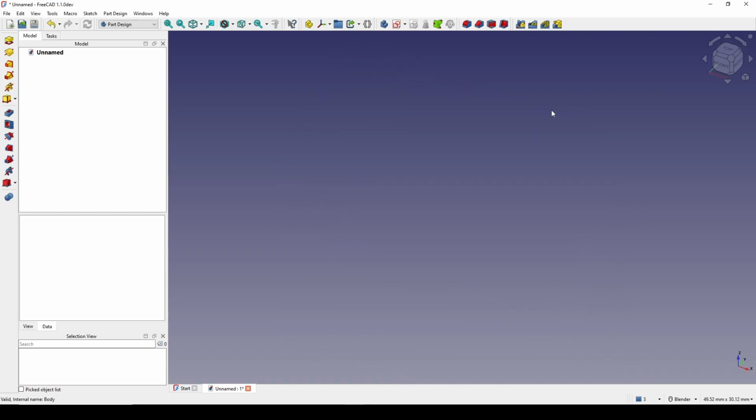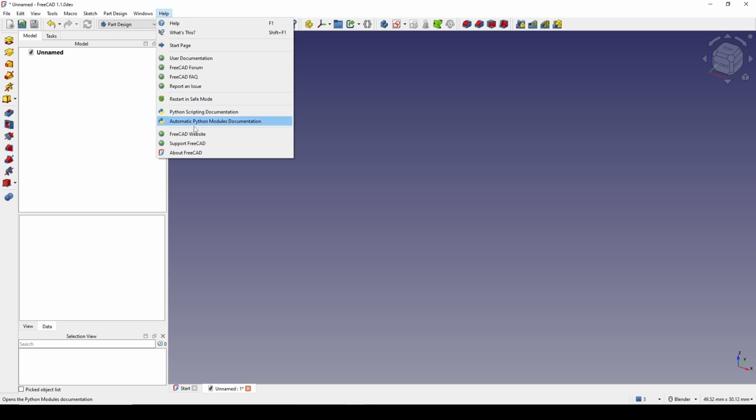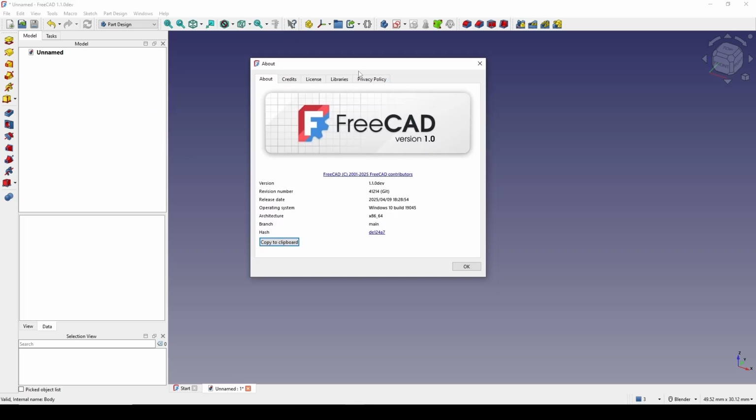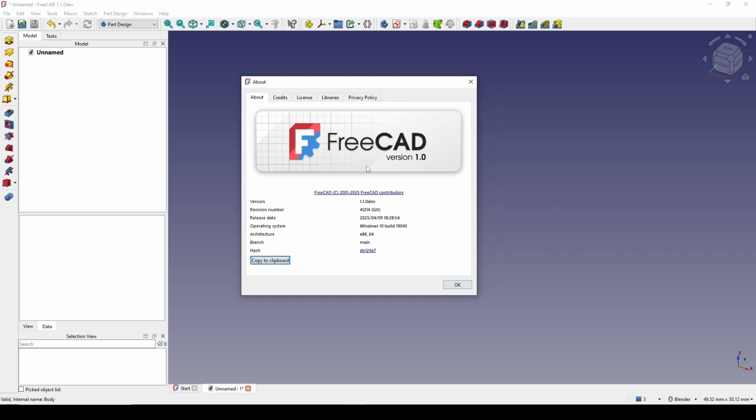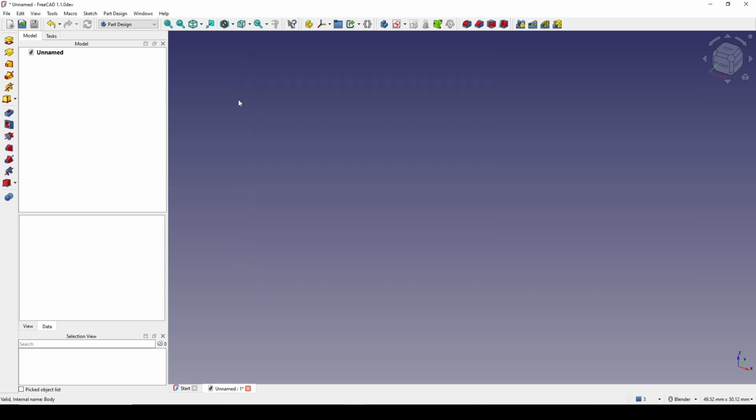Okay, so because this model has multiple Boolean operations, I decided to use the Product Design Workbench, and in here I'm using FreeCAD 1.0, build 41214, so you can download it in the video description. The reason I'm using this version is that I want to use the new transform tool. So let's start. In Product Design, I create a new body